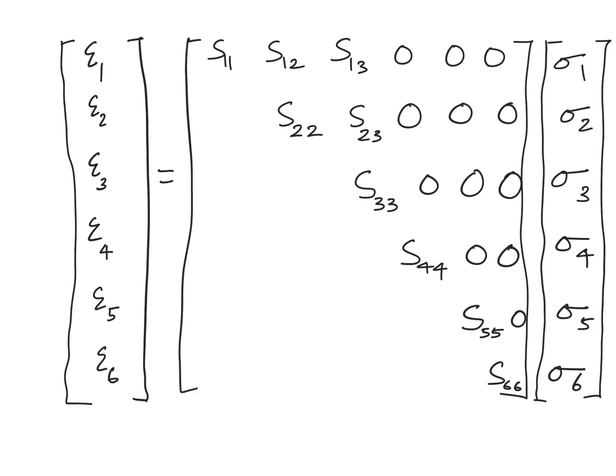I'm not going to explain how this matrix assumed this shape, because it is beyond the scope of this particular video. If you demand a video on that, I can do that, but for the time being, let's keep that aside, because I'm here to tell you the relevance, or the meaning, of these constants. For an orthotropic material, this is how the matrix looks, and this is called the compliance matrix,